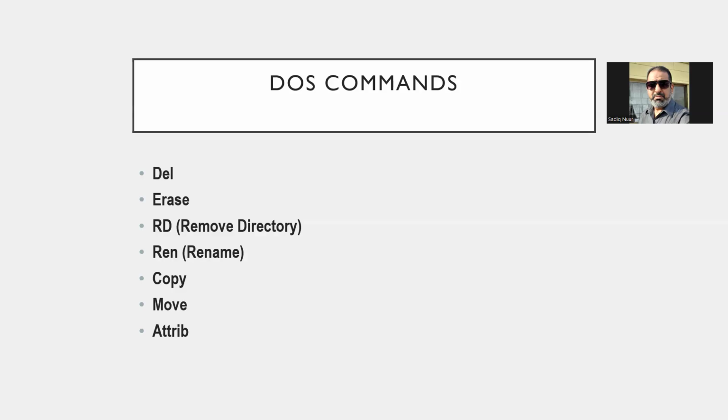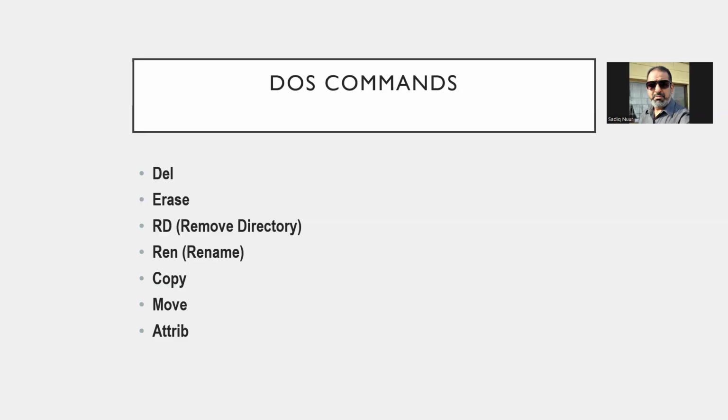REN is for renaming your file. Copy is to copy files from one destination to another. Move is to move the original file location to another location. And the attrib command is one of the commands where you can hide your file or make your file